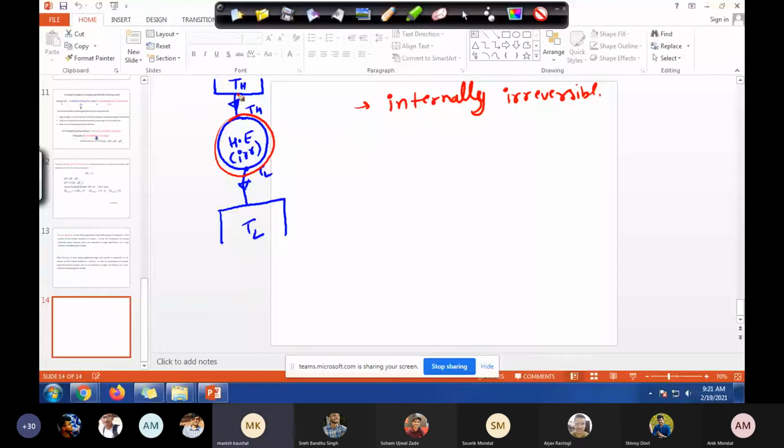Think outside. So QH, transfer of QH, reversible or irreversible? Reversible. Very good. And QL also reversible. So this is an example of externally reversible. And of course, if any one of these is irreversible, this is overall irreversible. Okay, great, perfect. You will appreciate it more when we do examples.